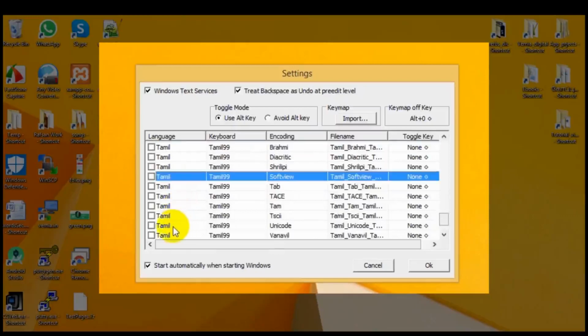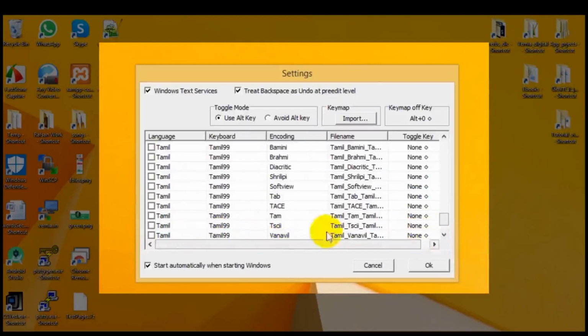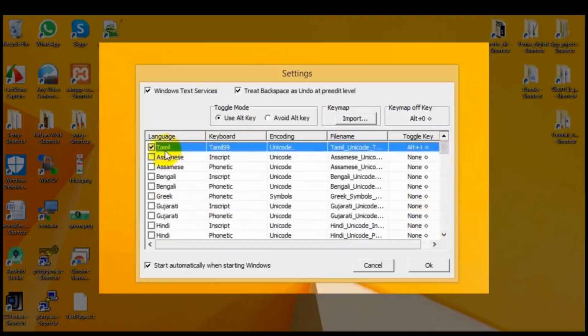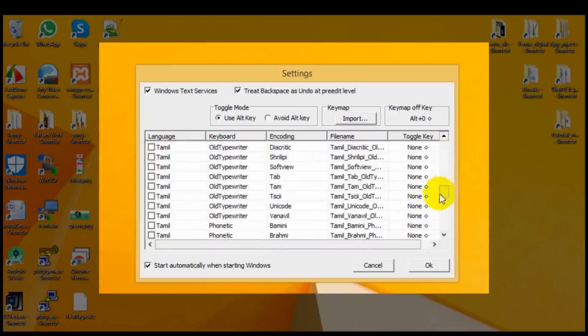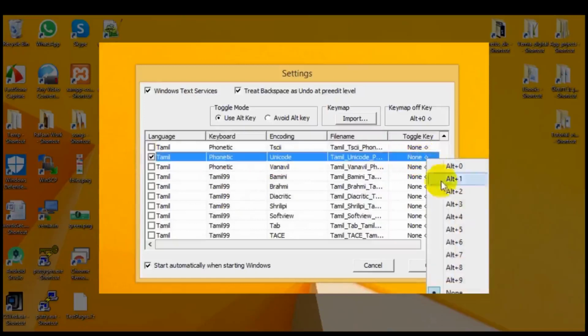I am selecting Tamil. Tamil 99 key layout. Unicode fonts. Shortcut for this Alt 1. It is set and showed in top of all rows. Next, I am choosing Tamil phonetic layout, Unicode fonts, shortcut Alt 2.